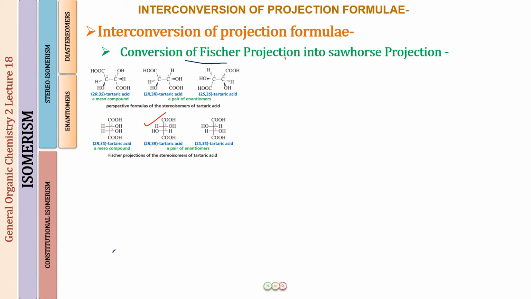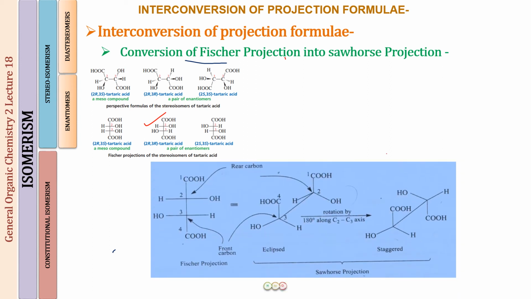So let me show you one more example now. So now see this example. This is one of the enantiomers that I have for tartaric acid, the Fischer projection, and we have to convert it into the sawhorse. So let us do that quickly now. Here you can see that the two OH groups are on opposite sides. So this is the enantiomeric form. We have two chirality centers and the compound is optically active. So we have to convert this Fischer projection into the sawhorse.